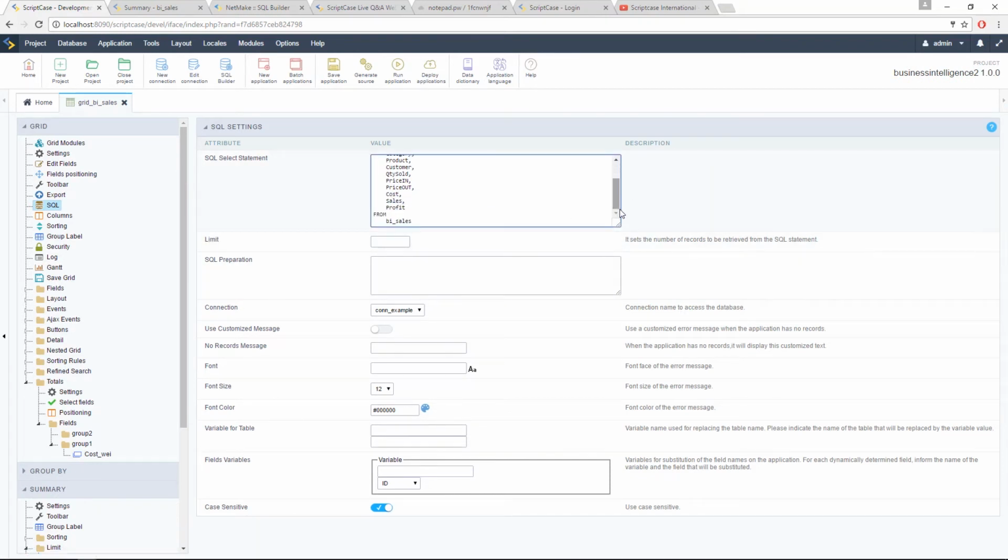So the difference is that inside the summary you already have the summarization options, and here you don't. So if you need to do an average or sum or maximum, minimum, you have to do the statement here, the function you need to apply here inside the SQL, and then you just define the 5 or 10. We did an example like this inside one webinar, but then we were using only SQL. If you don't know how to play with the SQL statement, sometimes it's hard for you. So now we have this option